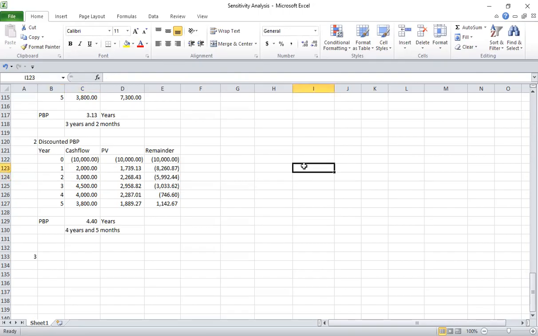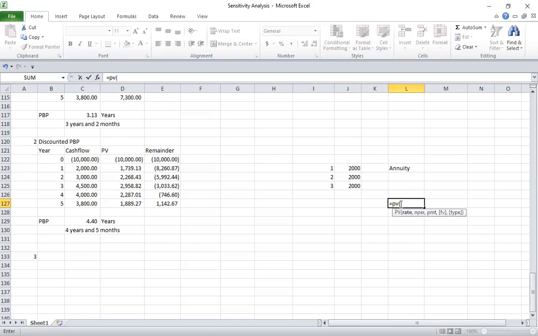If I have year 1, 2,000, year 2, 2,000, then year 3, 2,000. When you have the same payment per period for a number of periods, you call that an annuity. And getting the present value for this will be PV into the rate, in this case 15%, comma, NPER will be 3 years, because this is an annuity for 3 years, comma,